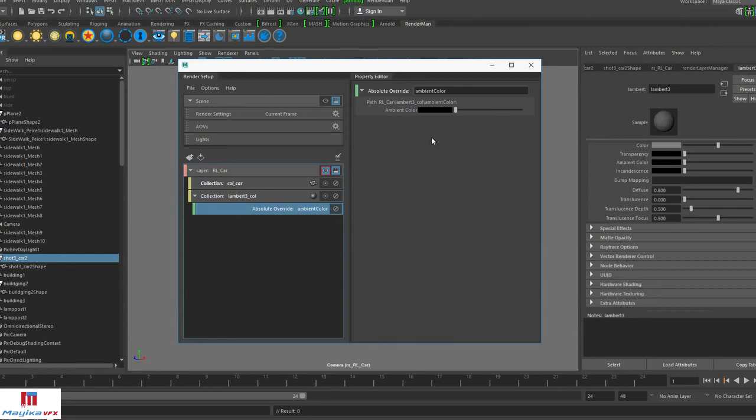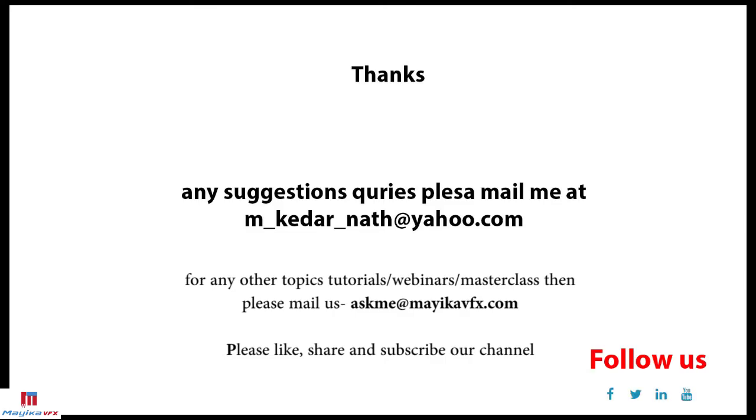Hope everything related to render setup in Maya 2017 is clear. We can create render layers, collections, overrides. We can save all of them separately and together as well, and we can use them in our shots in one sequence. With wildcards it's very easy to create and save, and with the new render setup in Maya 2017 it's very easy to create templates sequence specific and use the same thing in all of the shots.